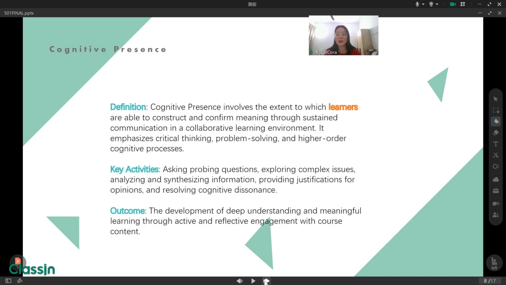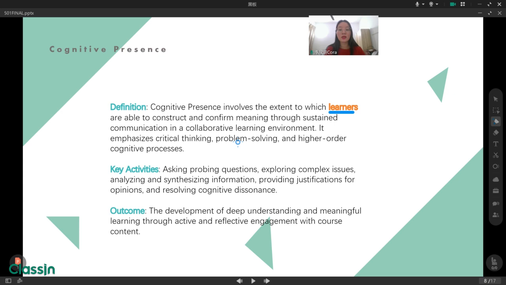Okay, let's come to the next part, which is cognitive presence. Here, the role is learners. That means all the activity is around the learners.